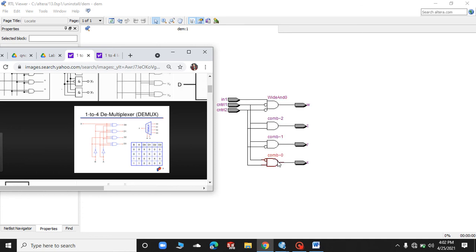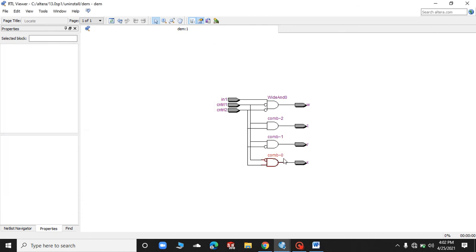These are the four AND gates, and these are control 1 and control 2. So you can see that our circuit is correct. You can easily check that the circuit is verified against the circuit which was shown to you from Google.